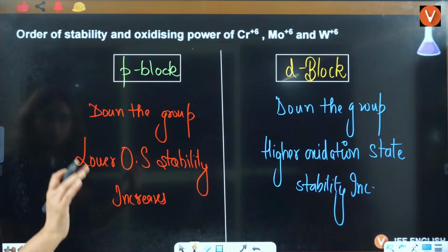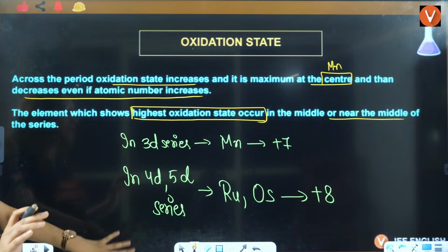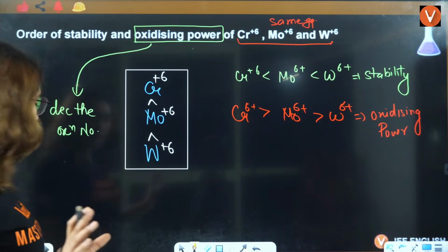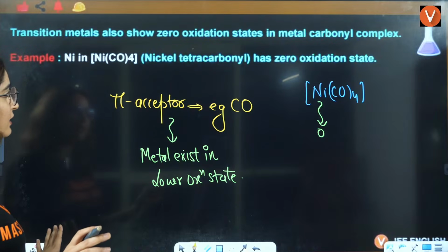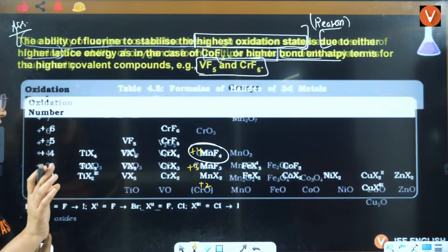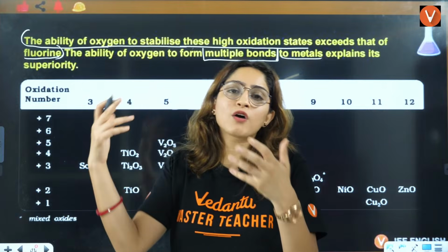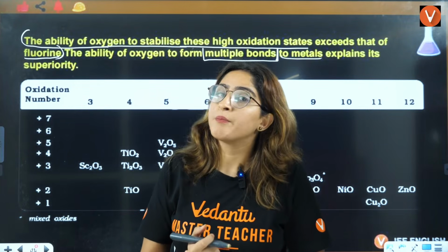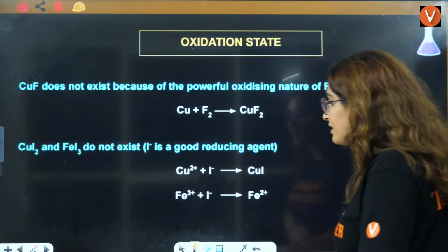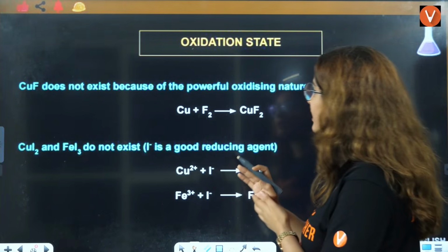Let me summarize what we have discussed till now, because I know there is too much information here. We discussed the oxidation state which is highly stable. Then we discussed that down the group stability increases. Then we discussed that with a pi acceptor, it wants to exist in a lower oxidation state. Then we discussed how oxygen gives rise to a higher oxidation state as compared to fluorine because of multiple bonds. Now let's understand two very interesting things regarding